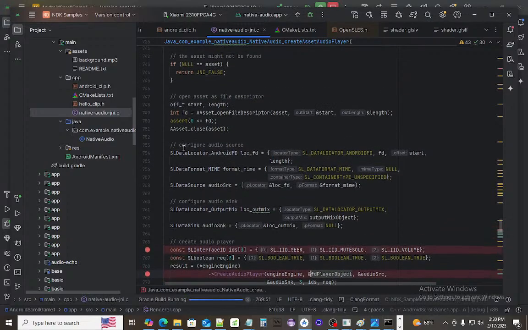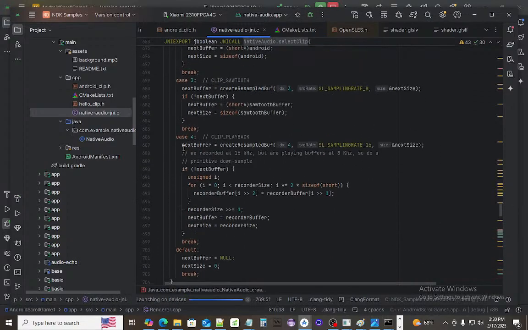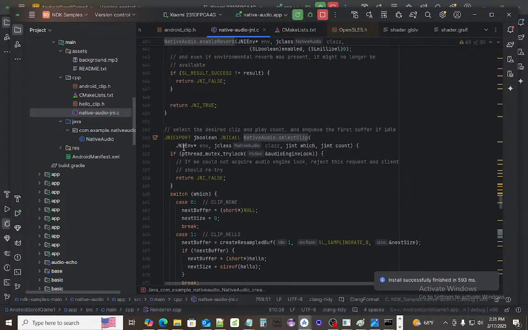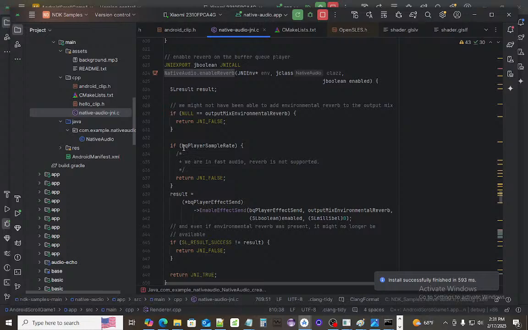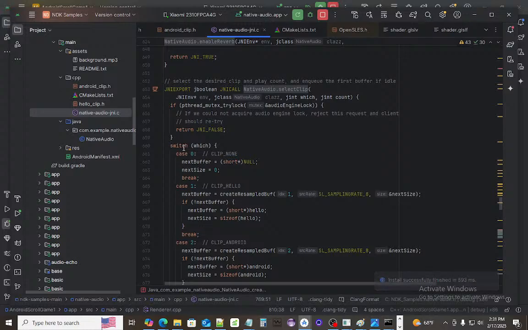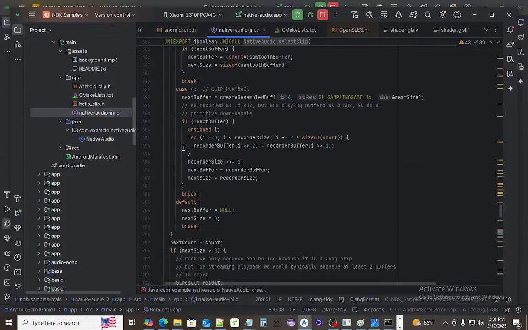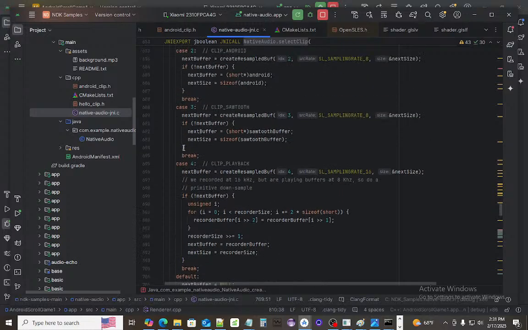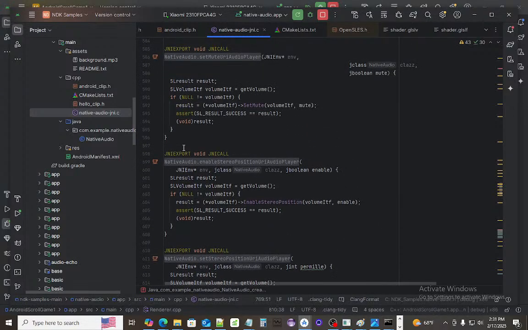So I believe all it is is just some other init function. It's probably something like this. It's select clip, I believe. Select clip sets the buffer. Or something. Alright, so